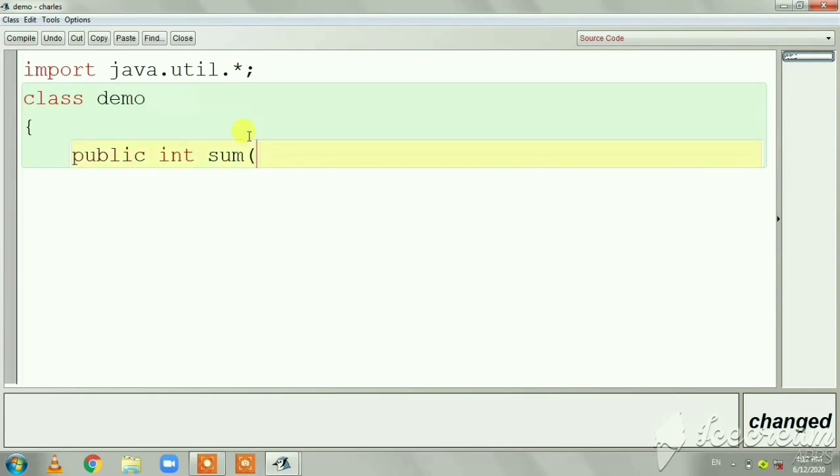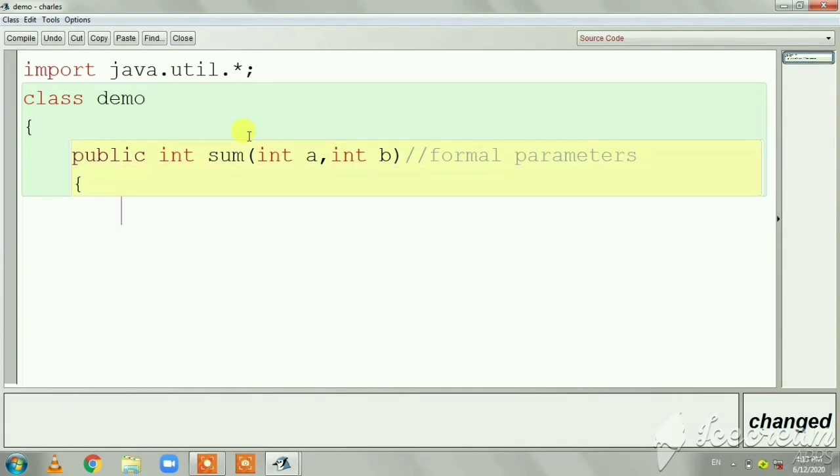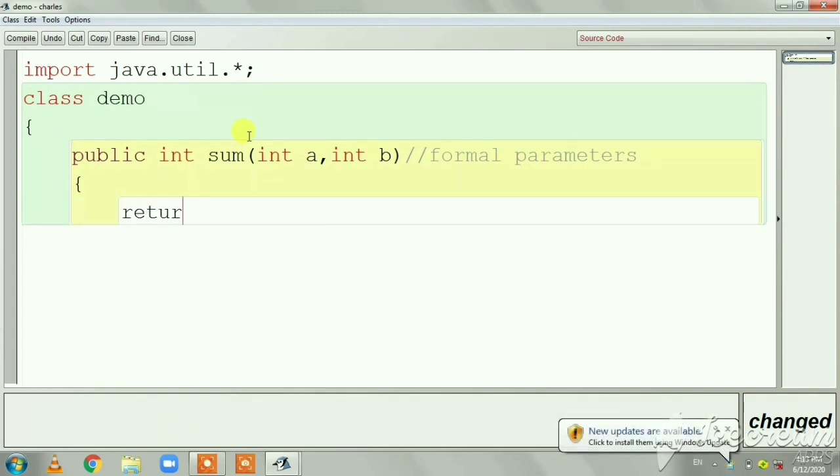My function name is sum. Here I am declaring two parameters, one is a, another one is b. These two parameters are called formal parameters because I am declaring these two parameters in the function declaration. That's why they are called formal parameters. Now I'm returning the value a plus b.